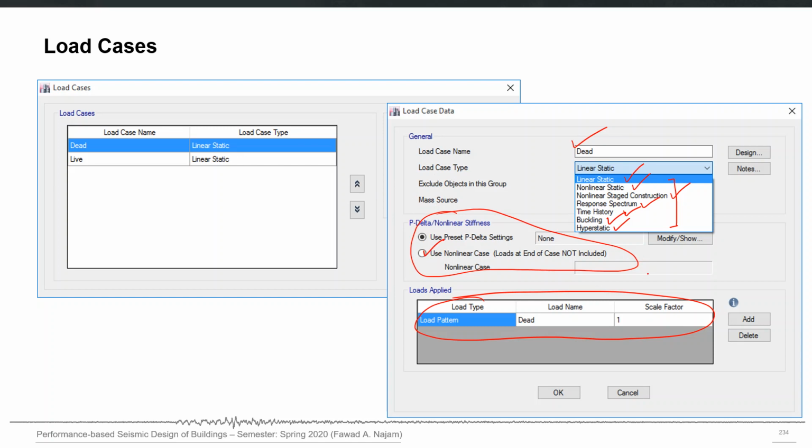But that preceding load case should be a nonlinear load case only. You cannot use a linear load case as the preceding load case, because a linear case will use the original K matrix and not the degraded one. So if you want to use a degraded K matrix, make a nonlinear load case first and use that as a preceding load case for your new load case.